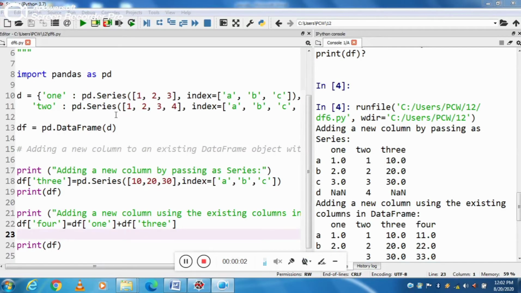Now the same program created in Spyder. See, import pandas as pd. In d we passed 2 dictionaries, that is 2 series. The first one is pd.Series 1 2 3 and the second is pd.Series 1 2 3 4, with their index values. Okay. Now df equals pd.DataFrame. We pass d, where d is the variable of the data frame. Okay. Now